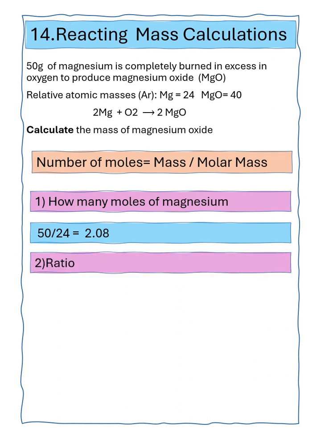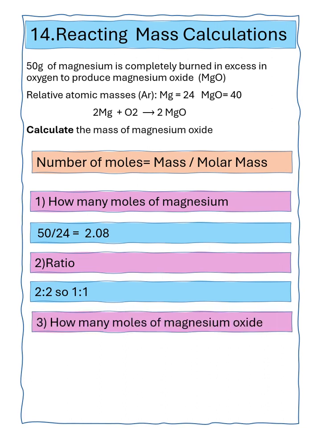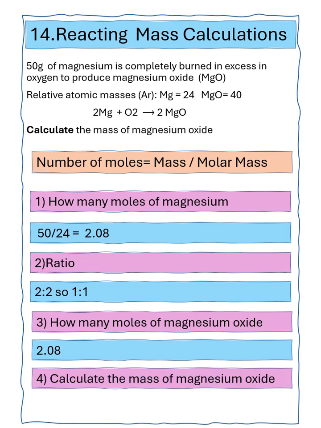magnesium. We can then look at the ratio in the equation, so we know that 2 moles of magnesium produces 2 moles of magnesium oxide, so the ratio is 1 to 1. We can use that to calculate how many moles of magnesium oxide therefore we've got. So we know it's 1 to 1, so the number of moles of magnesium oxide is the same as magnesium, so it's 2.08 moles. We can then calculate the mass of magnesium oxide using the equation number of moles equals